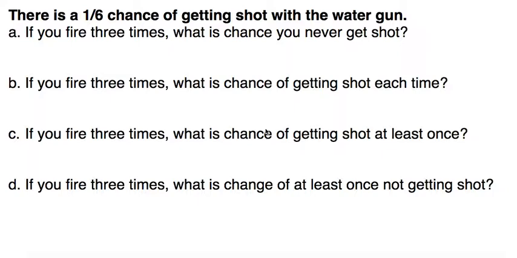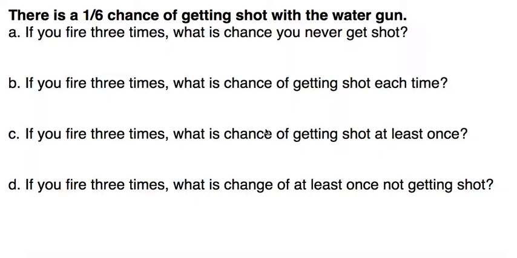Okay, so that problem with Russian roulette, and of course we're going to talk about it as if it was a water gun. You have a 1/6 chance of getting shot with a water gun. Let's look at a couple of questions. The idea with compound probability is it's the probability of one thing times the probability of the next thing times the probability of the next thing. If they're all the same, like in this example, you're going to multiply the probability of one thing multiple times. You'll see what I'm talking about.